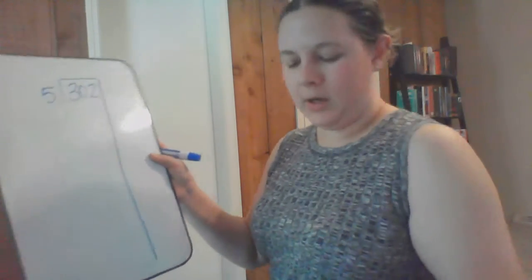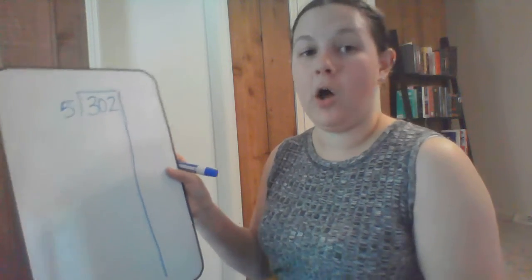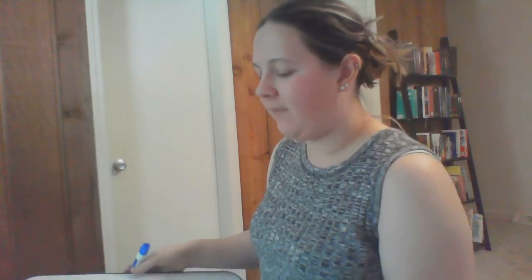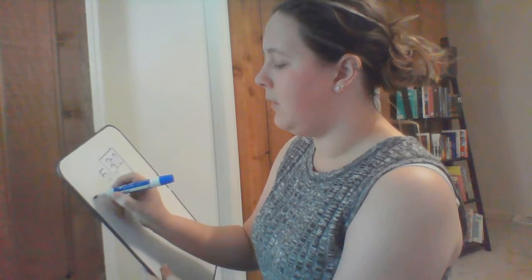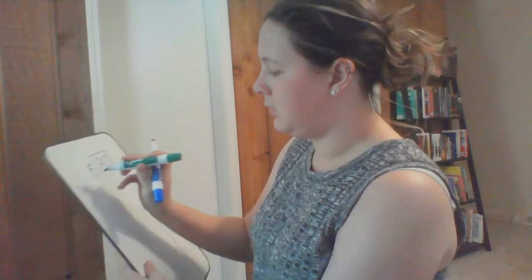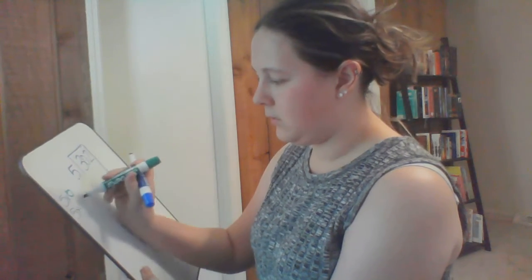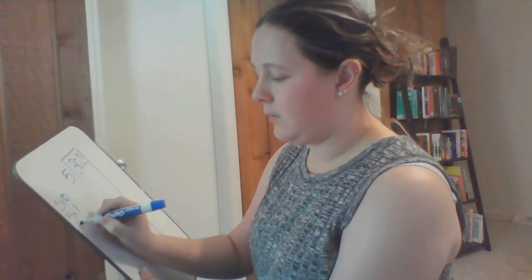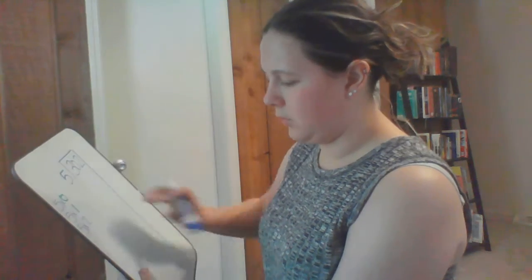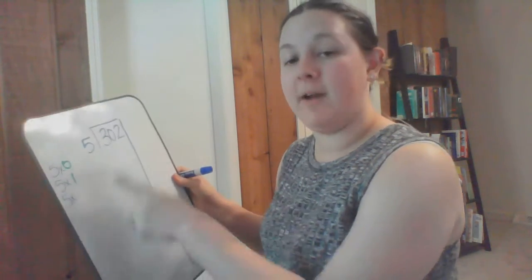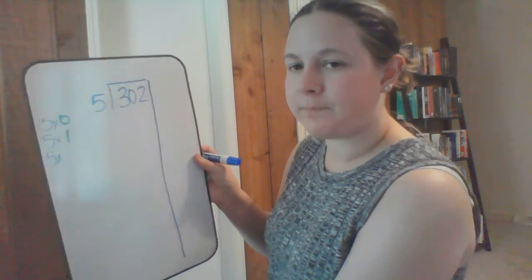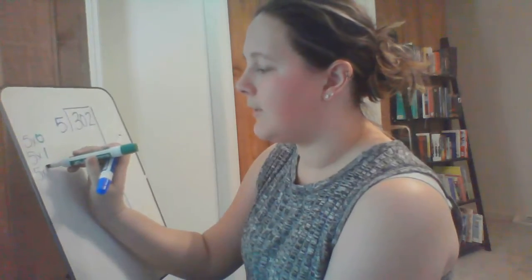All right, for this one, we are going to write what we call quick facts on the side. Remember our quick facts? They're all going to start with 5 because that's the number we're dividing by. So we've got 5 times 0, 5 times 1, 5 times 2. Oh, I'm going to do all my 5s going down first, and then I'm going to go through and add the other numbers. No, I'm not. 5 times 2,